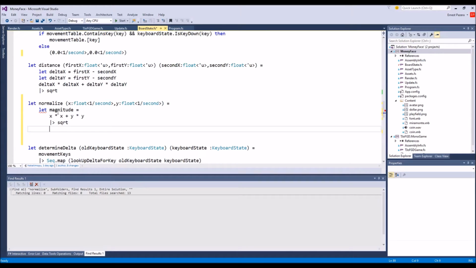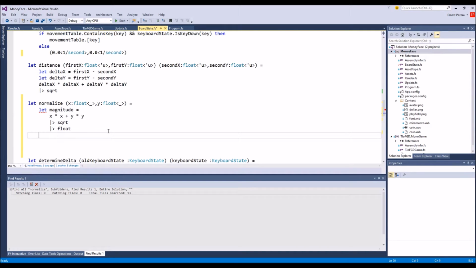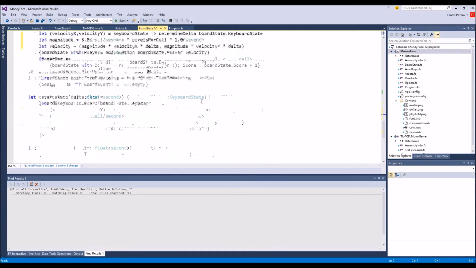And actually, because now magnitude is in 1 over seconds. So actually, you know what? Float, whatever, because we're going to get rid of the units. So there's the magnitude, and we're going to put it to just a regular old float. So now magnitude is a float. And so then now x divided by magnitude and y divided by magnitude. So that's going to normalize my delta, which will then allow me,